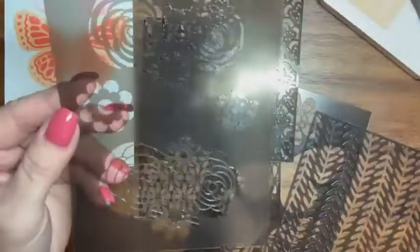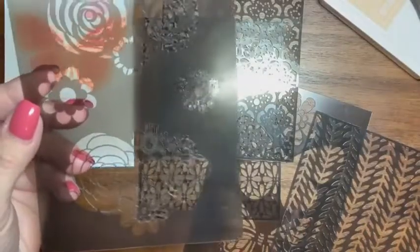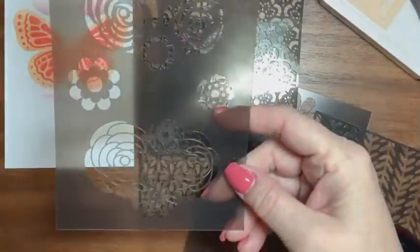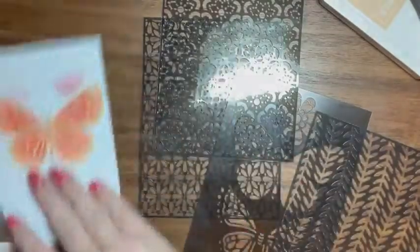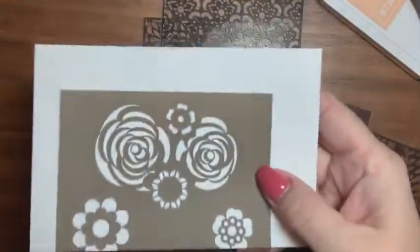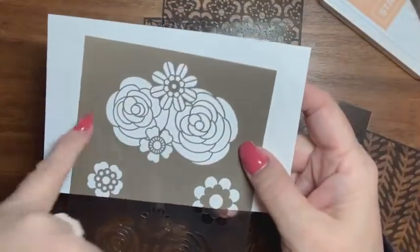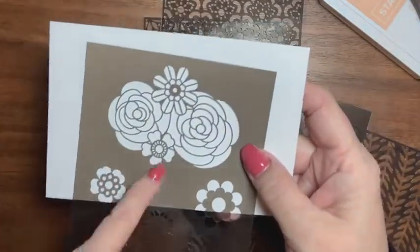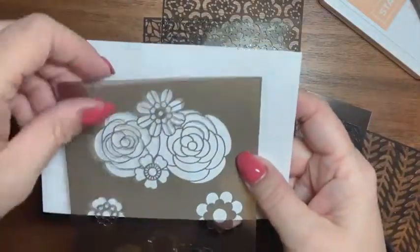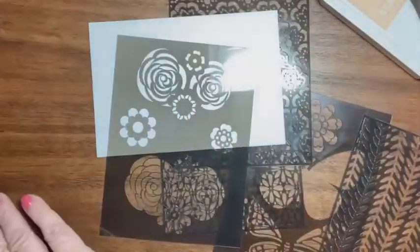Okay, now look at this. These look like ranunculus or some other tightly layered flower, like a cabbage rose or something, but it has the same thing. So you can do this. You do this part of the stencil first, and then come in with this, or backwards. However you want to try it, but come in with this, and you get these fine lines. Same thing with these flowers. You can start to layer those with